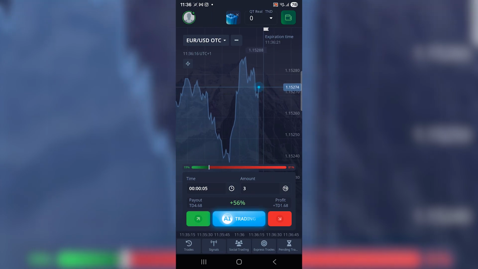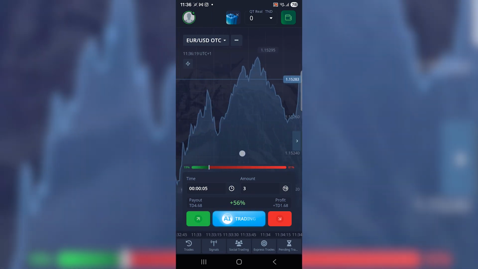Hey guys, welcome back. In this quick video, I'm going to show you how to transfer money from Binance to